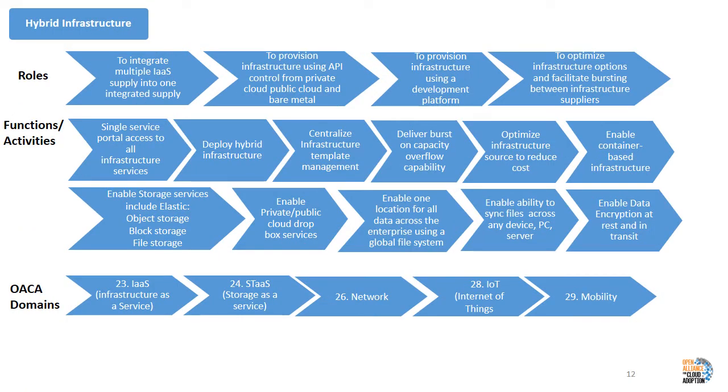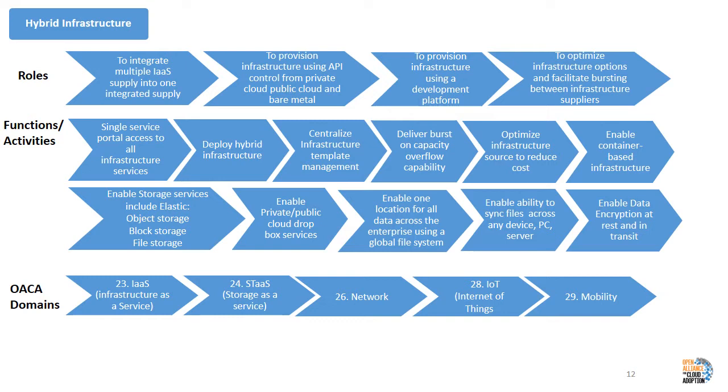The role of hybrid infrastructure is to integrate multiple infrastructure as a service supplies into one integrated supply, to provision infrastructure using API control, to provision infrastructure using a development platform, and to optimize infrastructure options and facilitate bursting between infrastructure suppliers. The functions delivered by hybrid infrastructure include delivering a single service portal to all infrastructure services,